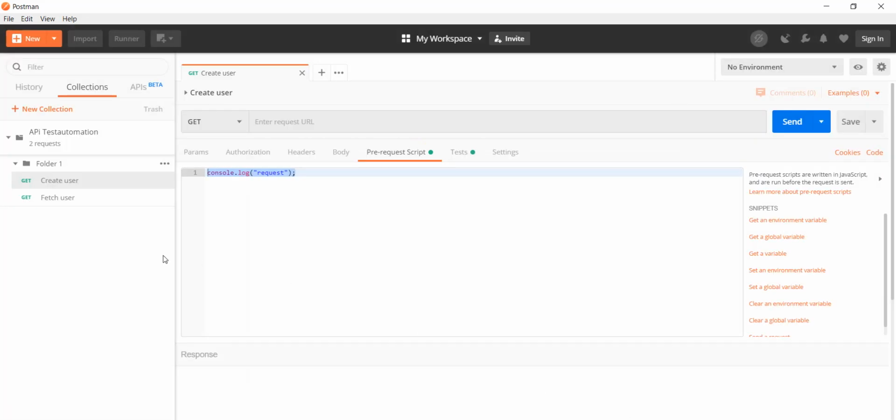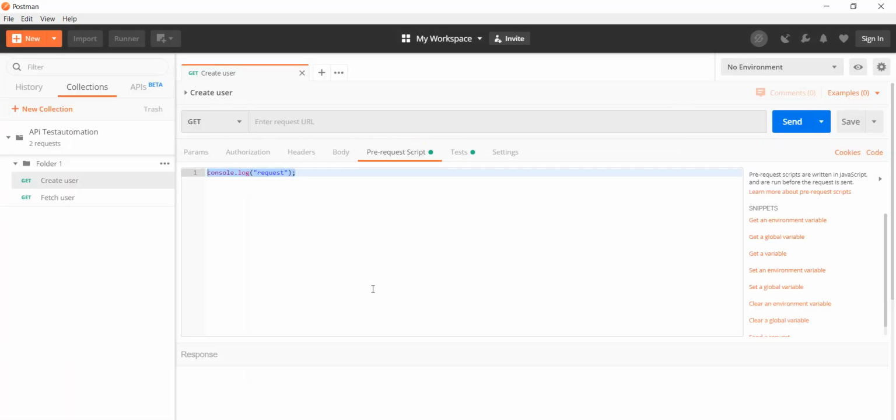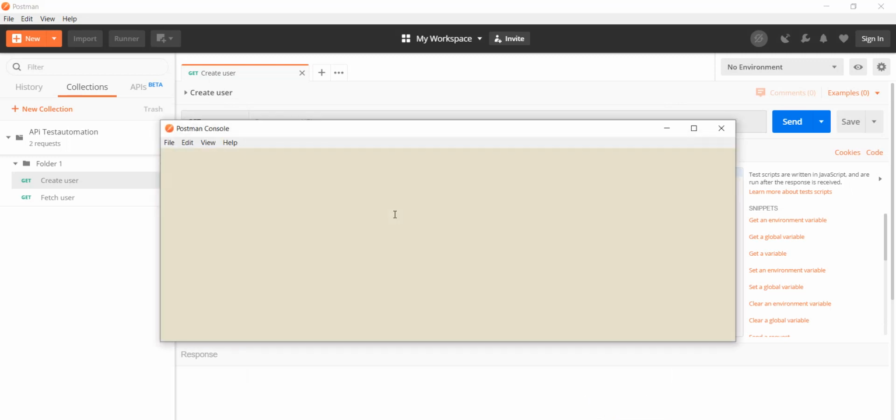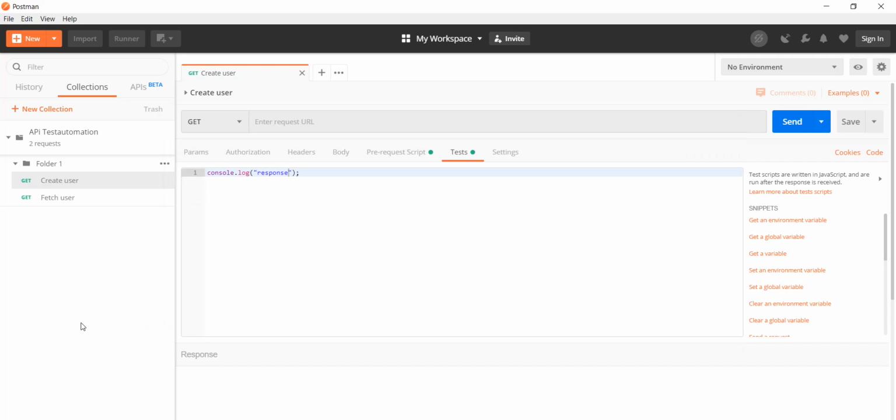Response in collection, and then this. So this is the Postman console, and the shortcut is Control Alt C. So you can see over here, and if I click on this runner,